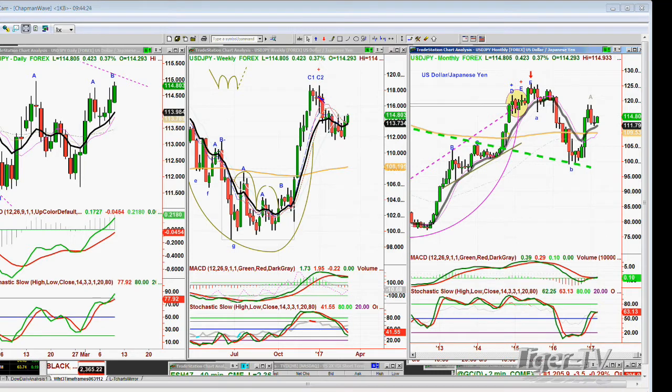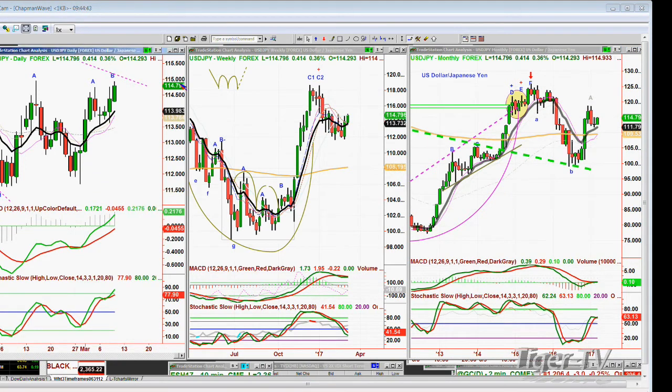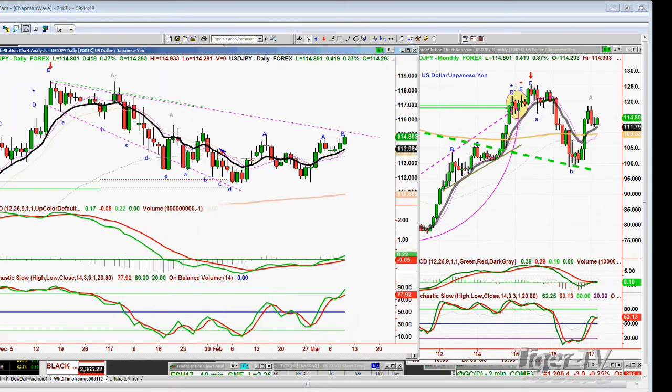My thinking here is that the dollar actually could have more strength to the upside as gold, which is at a spectacular move, takes a little more time to build its energy to move back to the upside. So in the meantime, the USD JPY trading at 114.78 up 0.40, it needs to take out 115.25 to really break this down to a little mini down channel that we're looking at, downtrend line that we're looking at that goes all the way back to